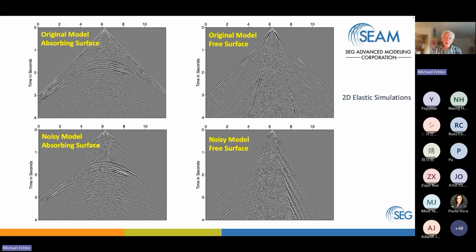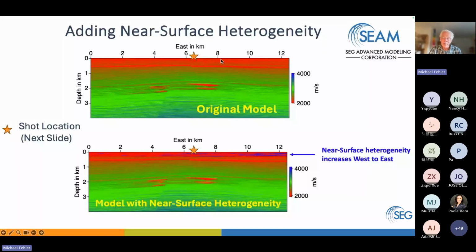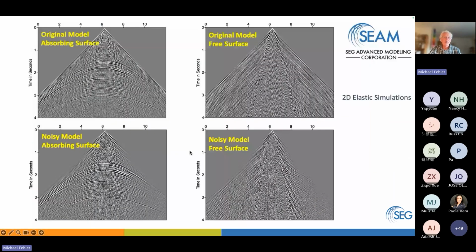So here is a gather, and the shot is in roughly the center of the model for these gathers. So these are gathers all at the same shot location. This is the original model with the absorbing upper surface. So the data are really clean, and you're not surprised why we got such a good image. If we just add a free surface, you can see the data get notably degraded. For one thing, you see the surface wave propagating along and really making a mess of the near offset portion of the data. But you can also see even the further offset part of the data are not very good.